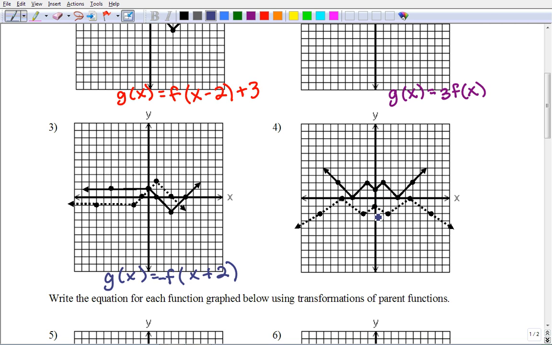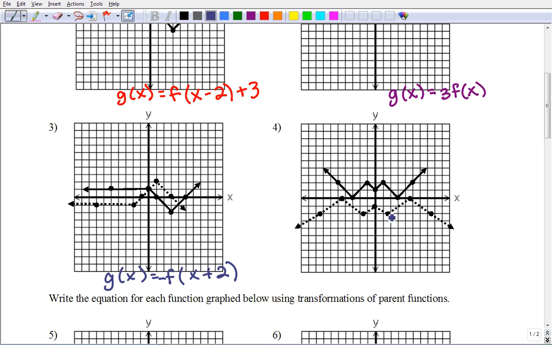a reflection over the x-axis. They're opening two different ways, but also if I compare my x values, it looks like they got stretched out further from what they used to be. So if my x value was 0, it stayed at 0. If my x value was 1, it's now at,